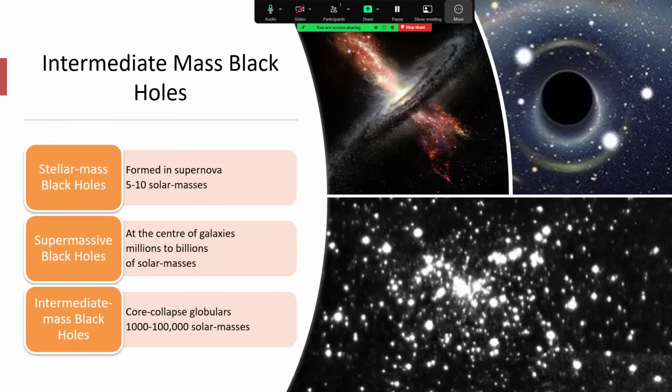So a fraction of it, perhaps 10%, ends up in the core as a black hole,